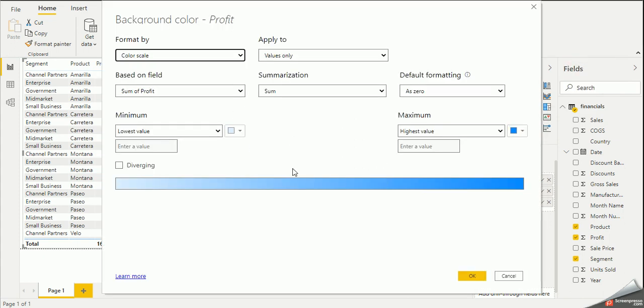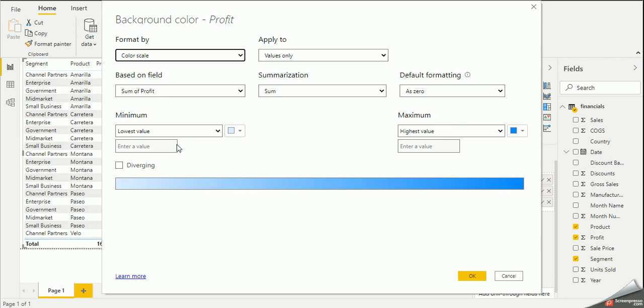Simply, nothing has to change. You can go with the exact settings, but you can also set the minimum color and the maximum color over here. So it's a blue.